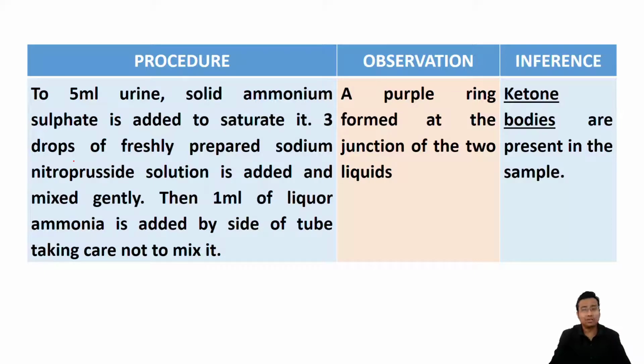Now let us look at the procedure. The procedure is actually a bit tricky if you perform it for the first time, but after you do 2 or 3 times it becomes very easy. So first 5 ml of urine is taken in a test tube, alright, and then it is saturated with crystal of ammonium sulfate or ammonium chloride, depending on which institute you are performing the experiment. Both are fine, okay, but the reality is you need an ammonium cation, ammonium salt.